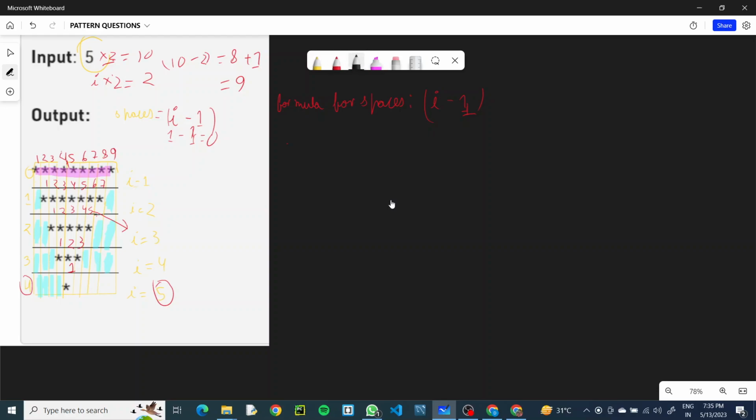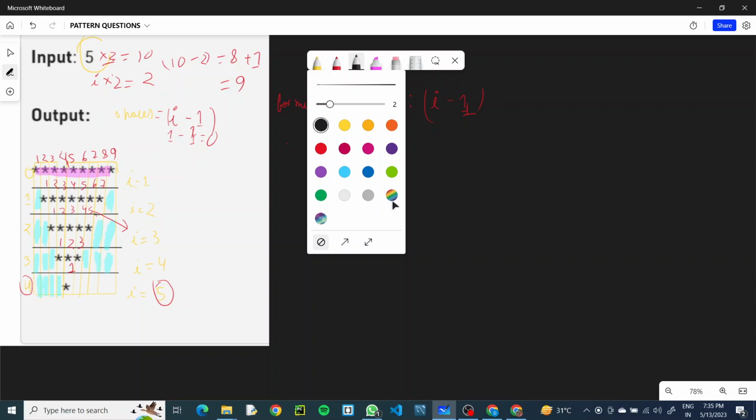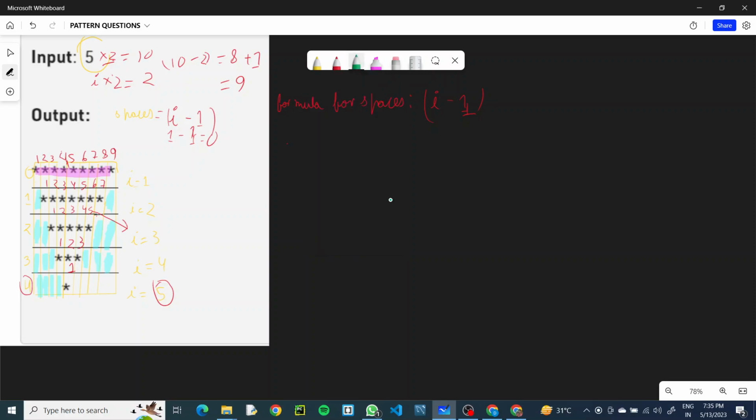For the case of I equals 2, this formula, does it work? Let's see. 10 minus I into 2, I's value is 2, so it would be 4, and 10 minus 4 plus 1 is 7. It satisfies